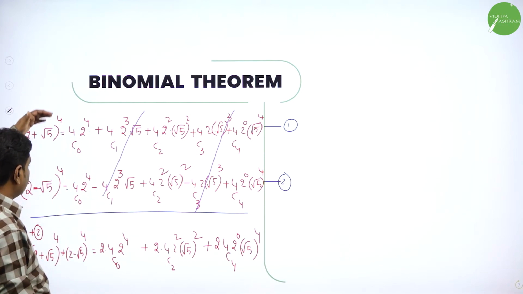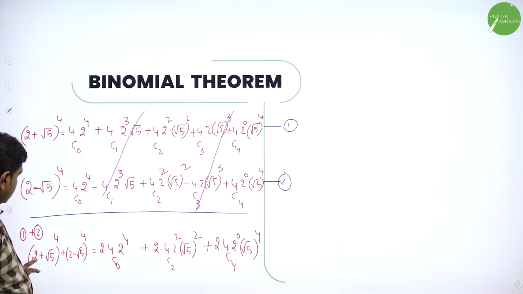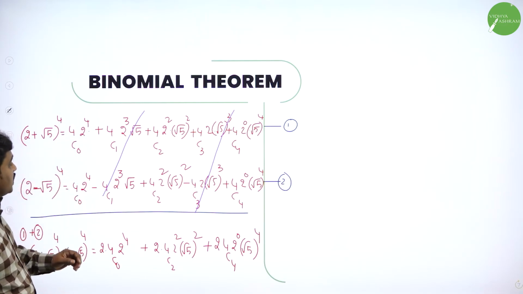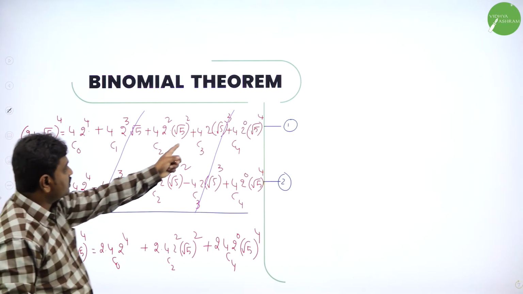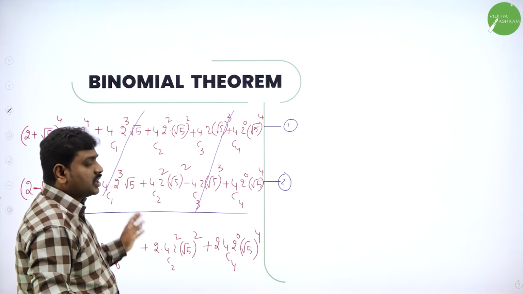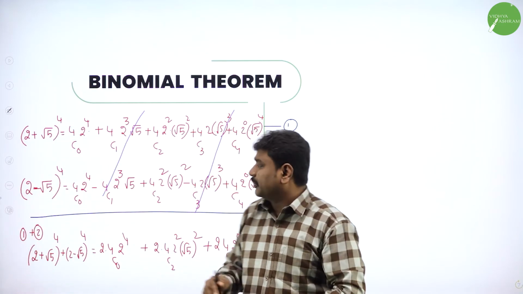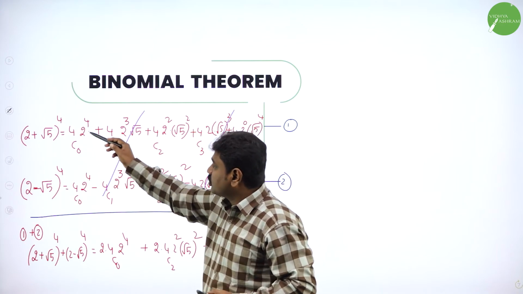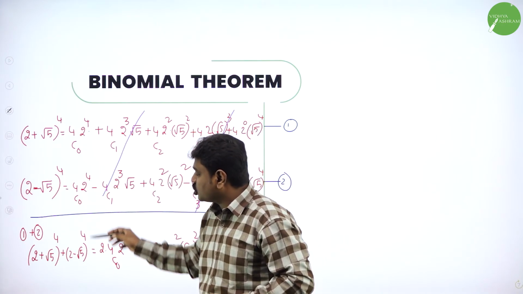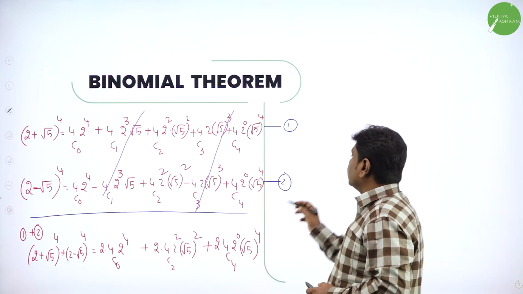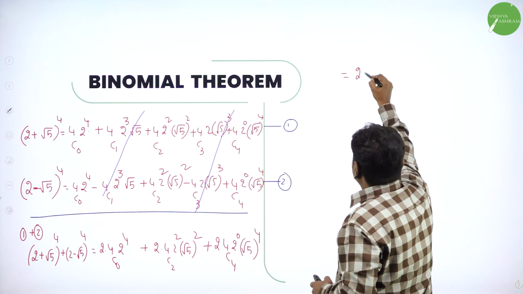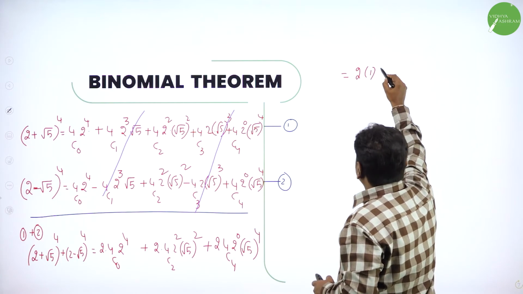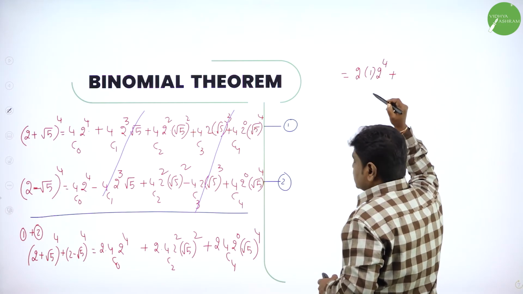After you add equation 1 and 2, LHS plus LHS, 2 plus root 5 power 4 plus 2 minus root 5 power 4. RHS plus RHS, opposite terms will cancel. Positive 4C1, negative 4C1 term cancels. Positive 4C3, negative 4C3 term cancels. Whatever you left out, their like terms, you add them. Or if you know A plus A is 2A, 4C0 2 power 4 plus 4C0 2 power 4 is 2 times 4C0 2 power 4, like that. So now that is equal to final 2 times, all of you know nC0 is 1, 2 power 4 plus